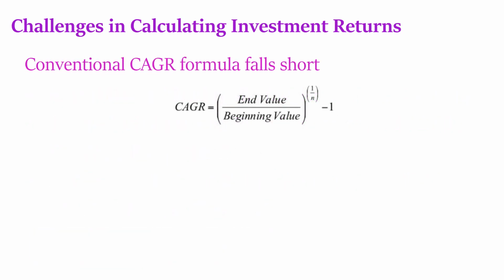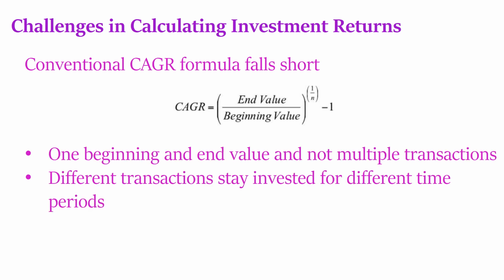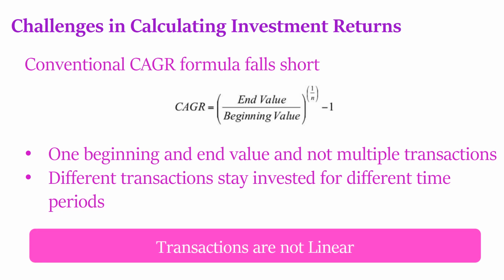So the problem with the conventional CAGR formula is that it has one end value and one beginning value. So what you invested and what you take out. So it cannot support multiple transactions like how we saw in the previous slide. In the previous slide, you would have seen that there are multiple transactions which span different periods. Like the starting SIP on a 2 year span of SIP, the first SIP would be invested for 24 months, whereas the last SIP would have been invested only for 1 month. So that way, the invested time horizon is also different. So hence, the conventional CAGR formula is not able to support these requirements.